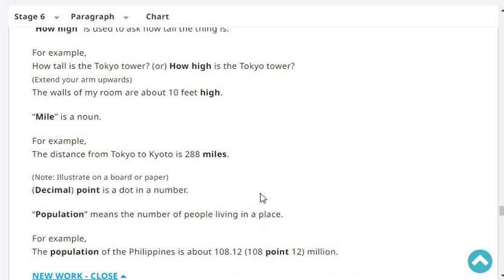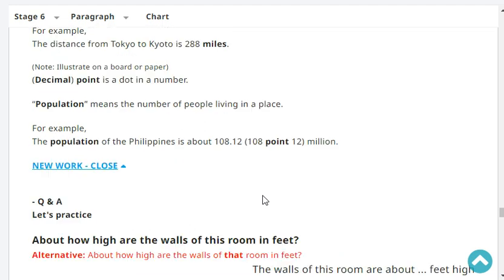Or how high is the Tokyo Tower? The walls of my room are about 9 feet high. Mile is a noun. For example, the distance from Tokyo to Kyoto is 288 miles. Decimal point is a dot in the number. Population means the number of people living in a place. For example, the population of the Philippines is about